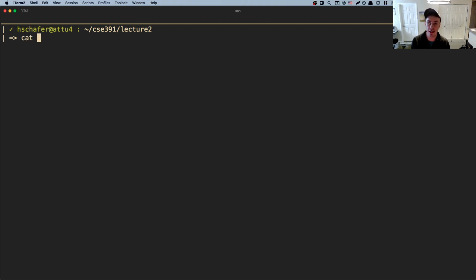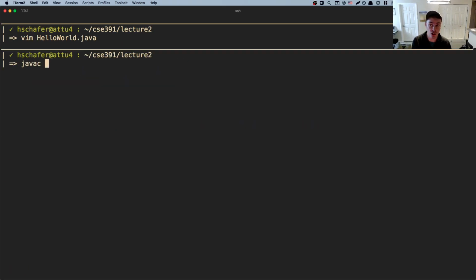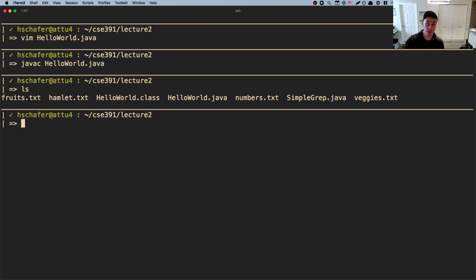So I'll show you here. I'll actually open in Vim. I have this little HelloWorld.java, which is just a really simple program that prints some stuff out to System.out, and it also makes a Scanner on System.in to get some user input and prints those as well. So you would say javac HelloWorld.java. And this compiles the program. And now if I ls, there's this new file here called HelloWorld.class,